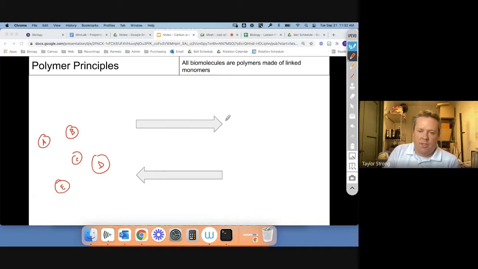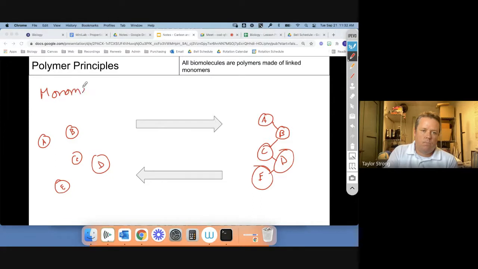And on the right-hand side, I'm going to have A, B, C, D, and E. All of these include the same things, but in this one, they're individual units, or what we're going to call monomers. And over here, they're polymers. Monomers are individual pieces, the links in the chain, but not put together, and the polymer is